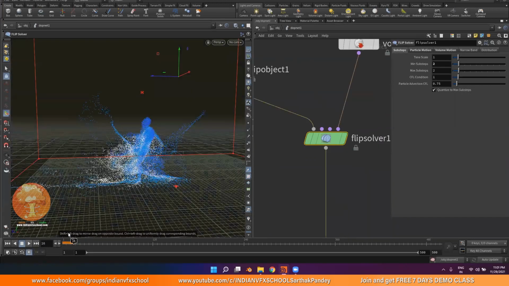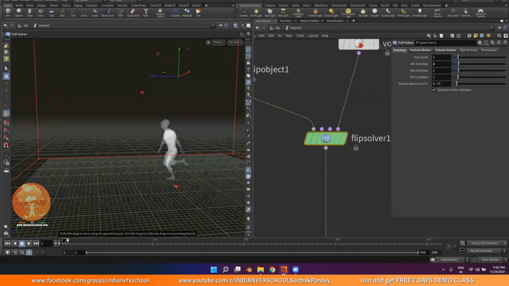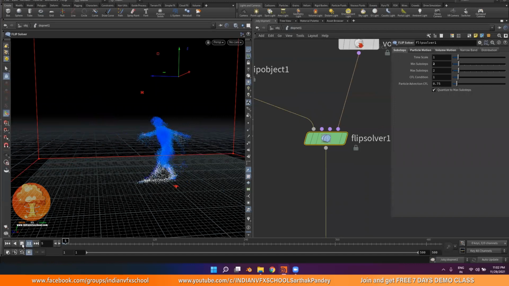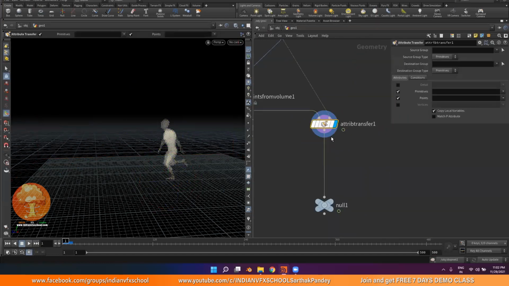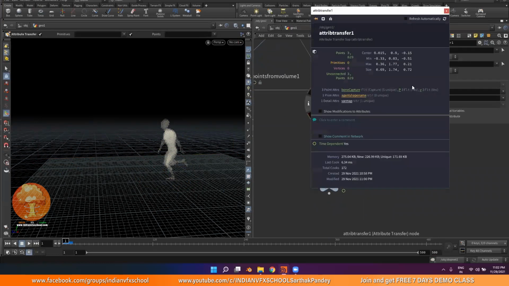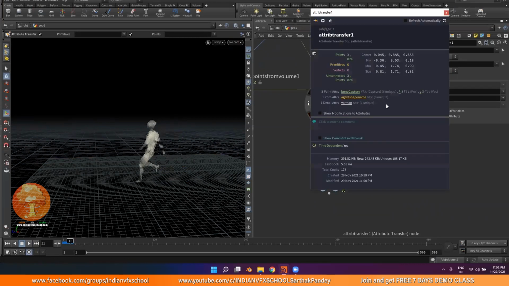And let's say for some reason you want the velocity to be less. How can we do that? If you're feeling that there's just too much liquid being flown around, we can just add a quick expression on our SOP level. Right now you can see we have this velocity, and if I click over here, you can see it.